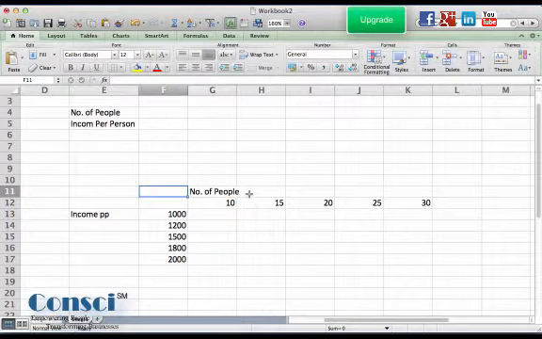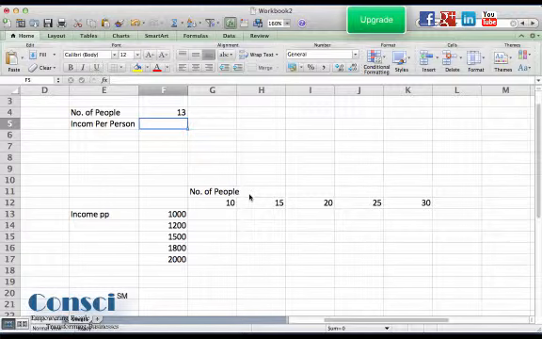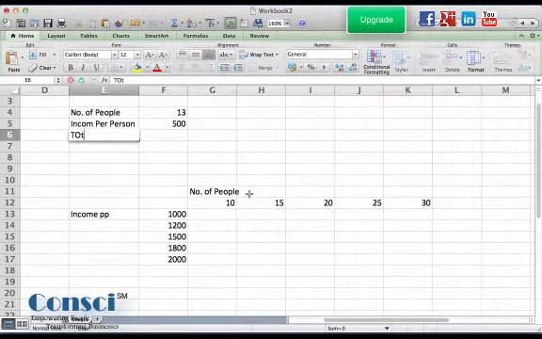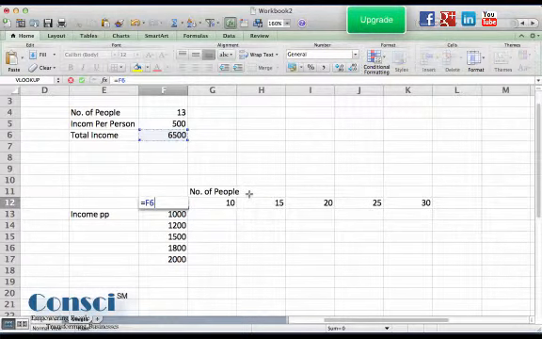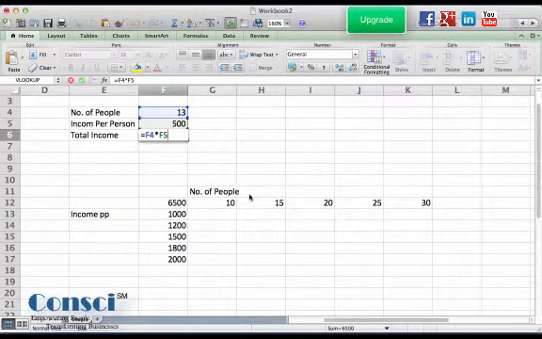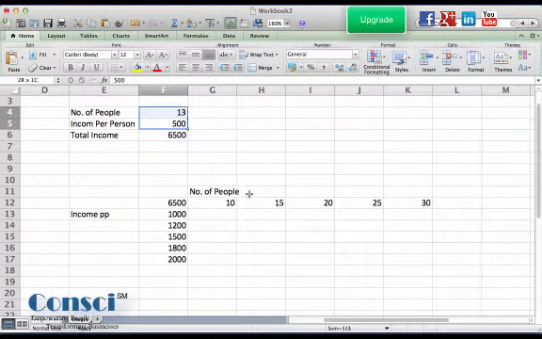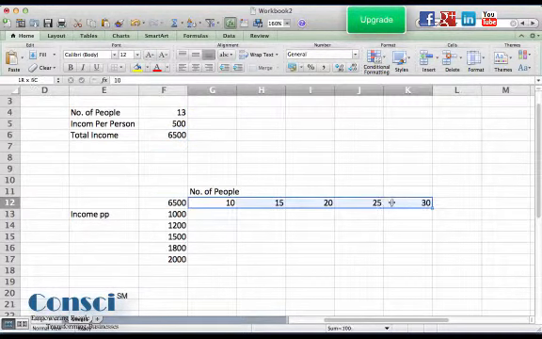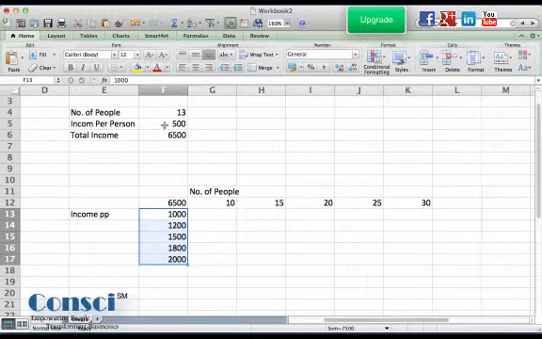Okay, so what we do over here is we take a sample data point, anything for that matter, 13 and let us say 500, and I'm saying total income cell over here. This number becomes 13 into 500, which is 6500, and I'm giving this resultant cell over here. Now please ensure that this is actually connected over here, and this number is actual computation of the two variables that we have picked up over here. Also ensure that none of these data points are connected with the original sample data points that we have taken. Like number of people should not be connected with any of the items, should not be connected with 13. Any of the items over here shouldn't be connected